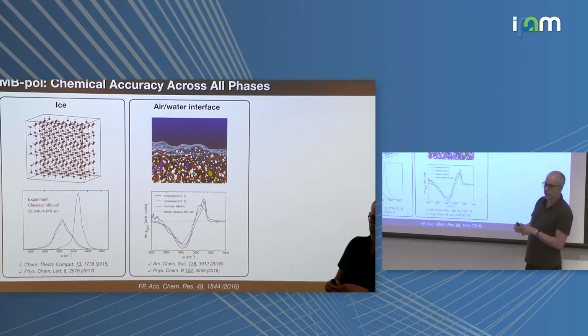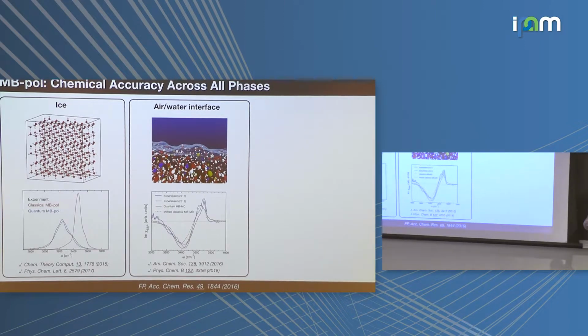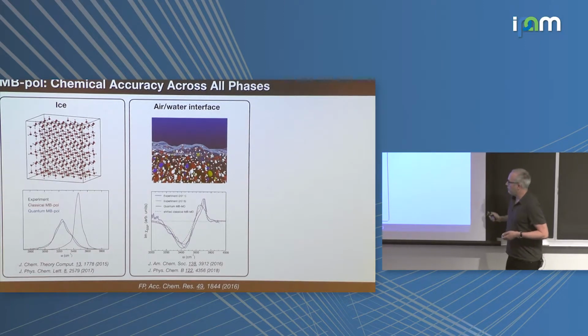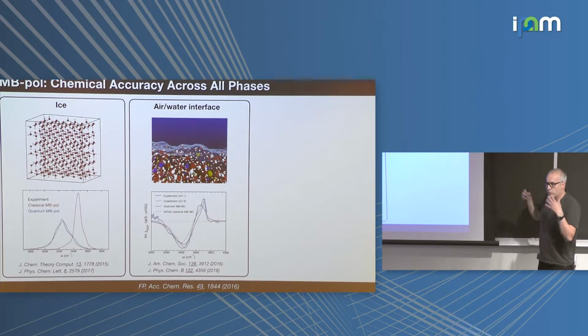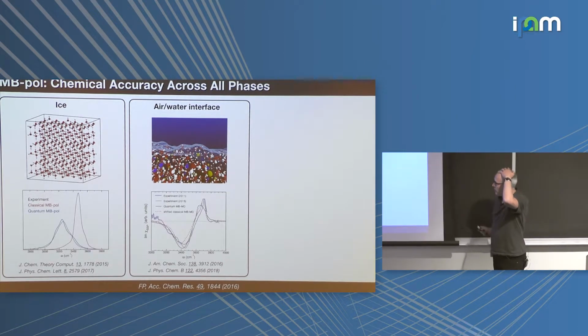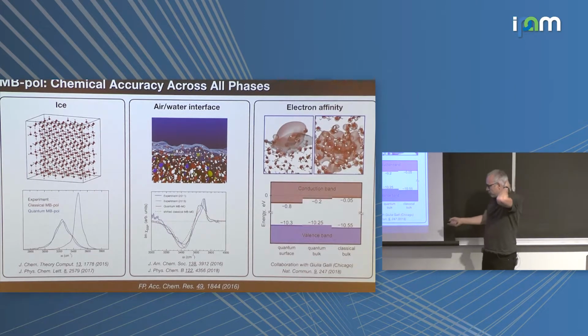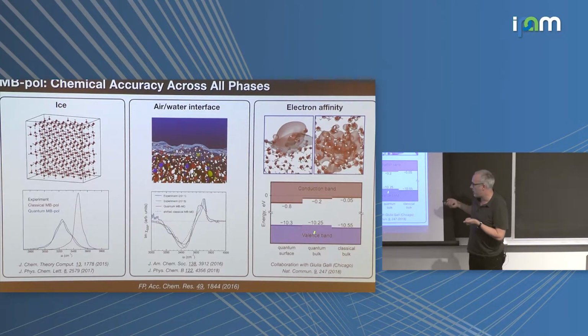Yes. If you go down in temperature, nuclear quantum effects become more and more important. Then we say, well, we don't have any electrons here because we mapped this into this many-body expansion. And so we joined forces with Julia Galli at U Chicago, and we use our configurations to look at the energy gap between the valence and the conduction band of water in the bulk using classical nuclei, so classical Newton dynamics, so path integral molecular dynamics, and then the difference between the energy gap at the surface of liquid water and